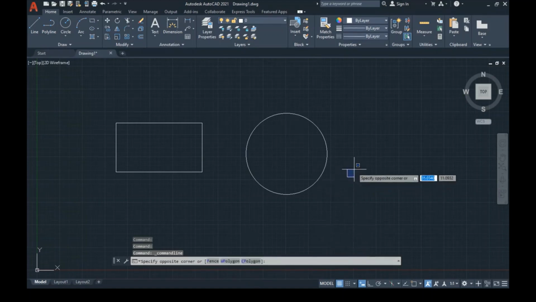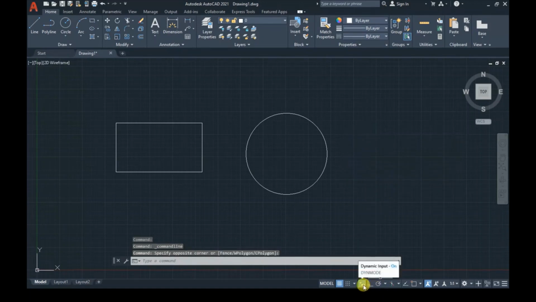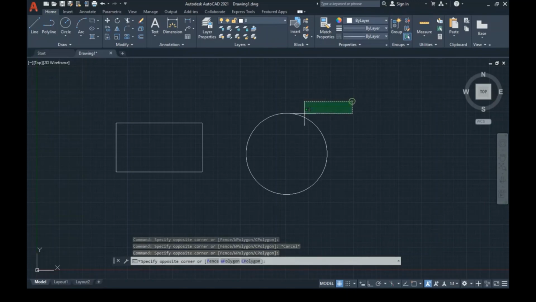Now when you talk about dynamic input, this is the dynamic input mode. It should be on. If it is on, then only you will see these options, else you will not see them. Say I close this now. Dynamic input, close. Now you will not see any dynamic input options. Dynamic input is the input which we can take with the help of the cursor at the point. So you have to keep it on. Fine. So this is one more thing.